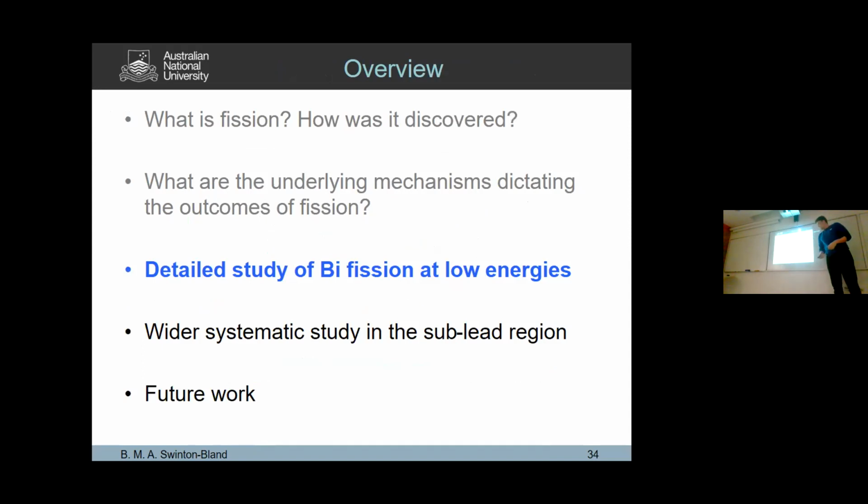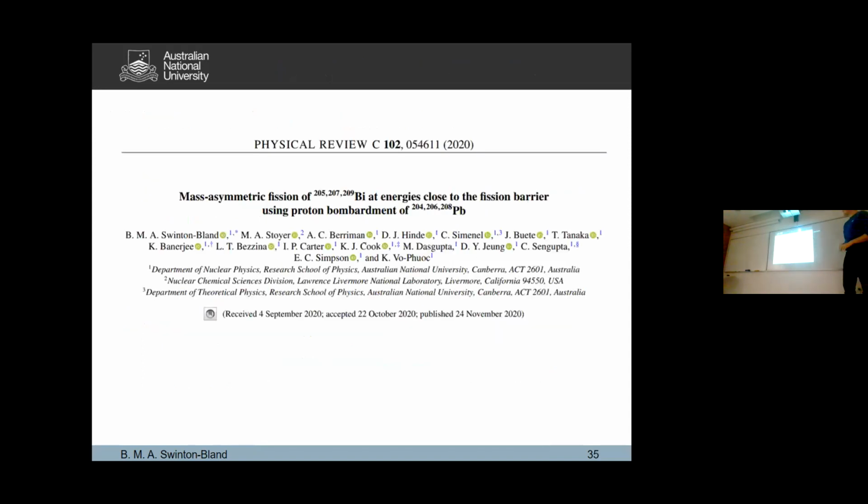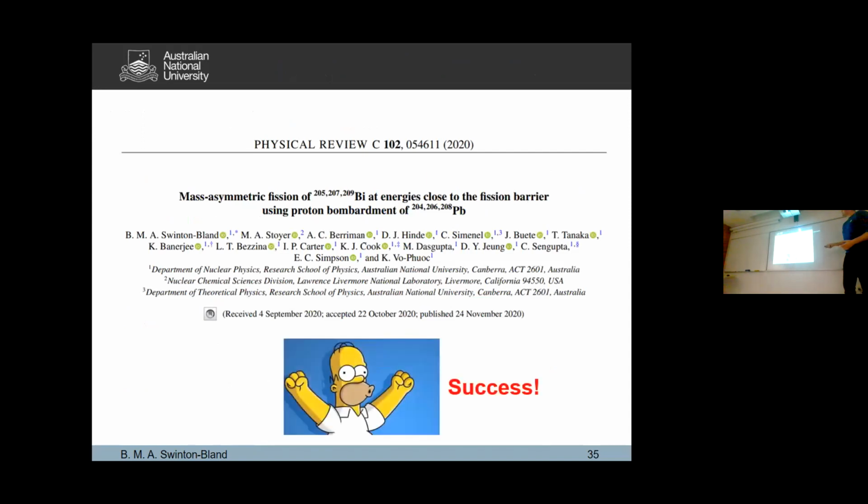So that's exactly what we did. We have thankfully published this work already, and that's great. First of all, let me explain how we study the fission of bismuth. We used proton bombardment of lead targets. So same principle as the neutron bombardment of uranium earlier. We are causing the proton to be absorbed or to cause a fusion reaction. And when you cause this fusion reaction, you produce your bismuth nucleus at an excitation energy. And the great thing about protons at the ANU is that we can get our energies just at the fission